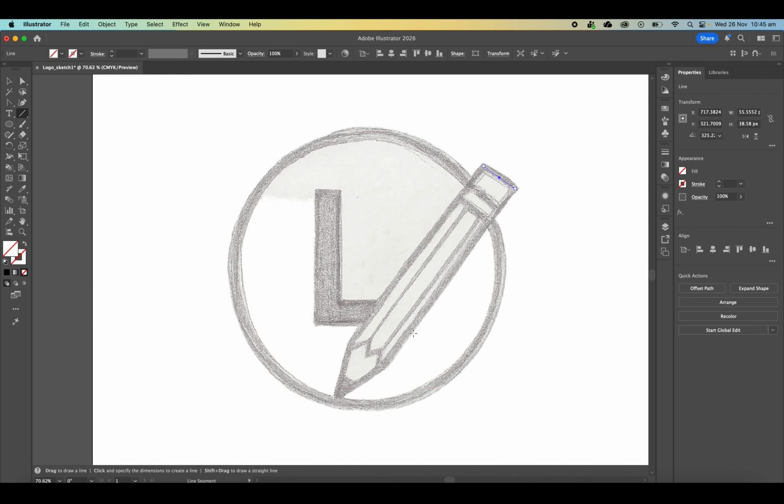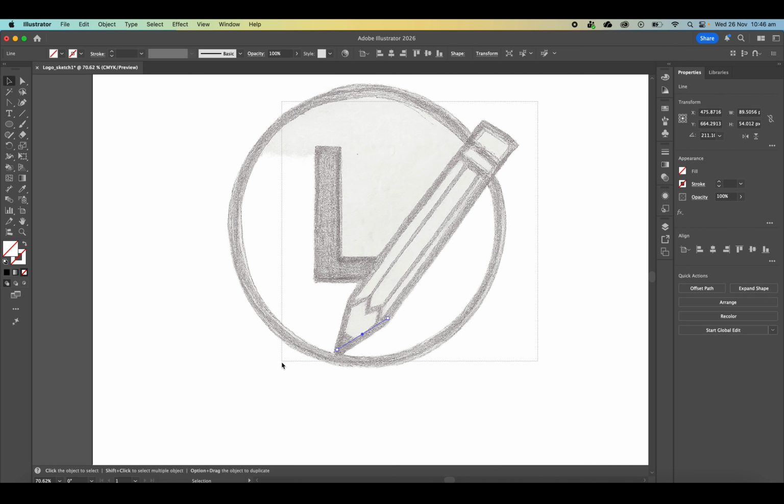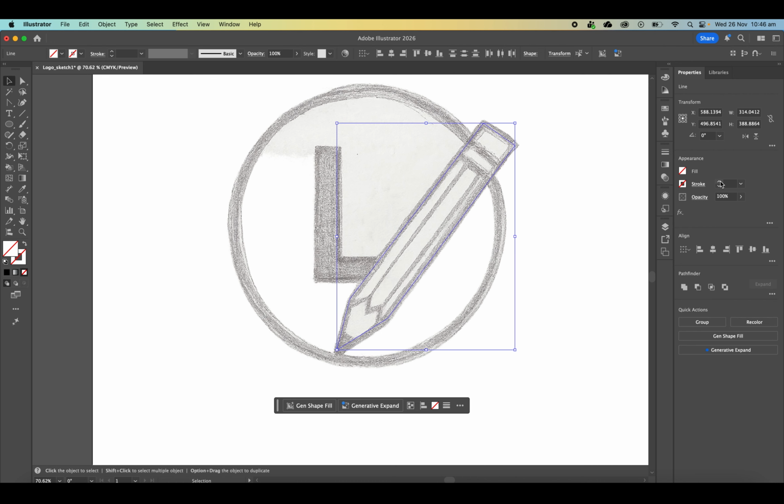Make sure you select the anchor point when you go onto your next shape. So if I start here, make sure that you are coming all the way to that anchor point like so. And all the way to that anchor point like so. Cool. So once you've just done that outline, we're going to select all of those lines and we're going to